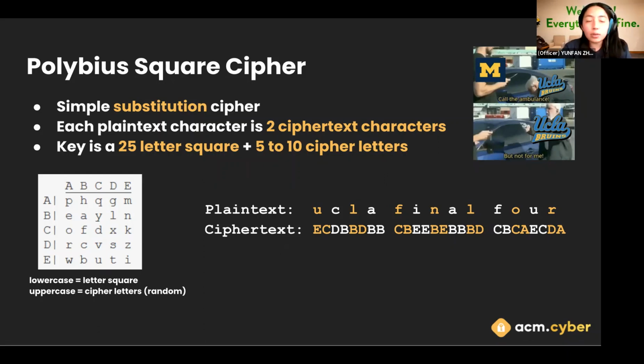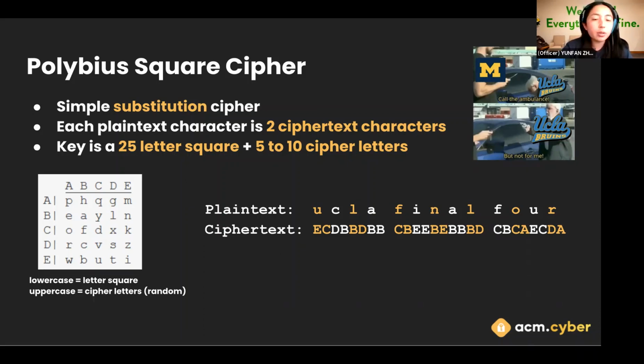So the key, as you can see below, is a 25-letter square. The lowercase letters there are going to be your plain text, and then you get 5 to 10 cipher letters, which is the uppercase letters on the top and the side. The only thing is that you can't repeat letters within the top or the side, because then it becomes ambiguous as to what you mean. So just as a quick example, if you take the plain text UCLA Final 4,